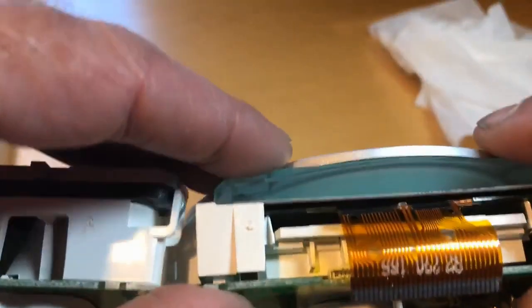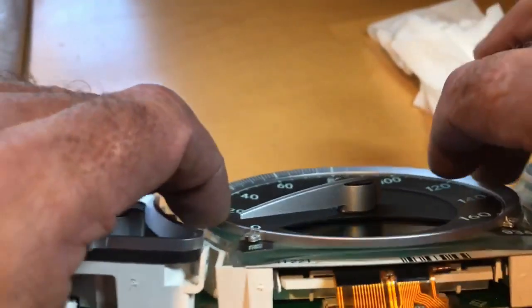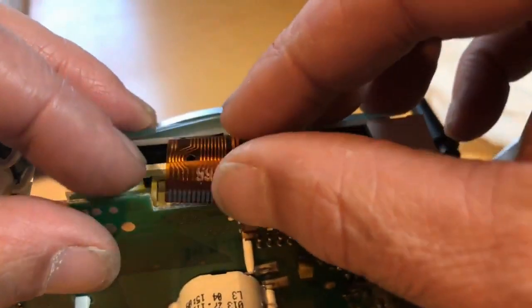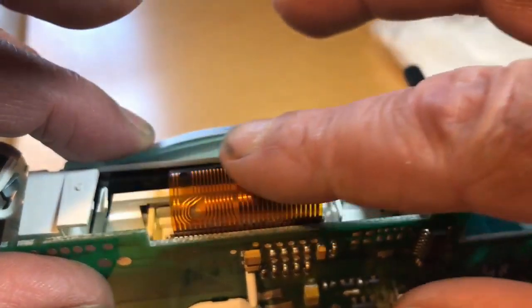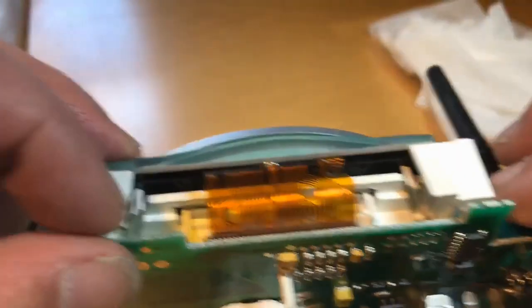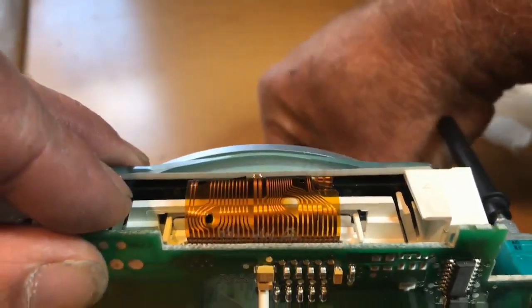And then you can push the gauge face back down. And then replace the cable to where it lines up with the pins. This piece pretty much should be flat. If it's twisted or off a little bit, you probably got it in there wrong. And get that lined up. And then you take the ribbon clip